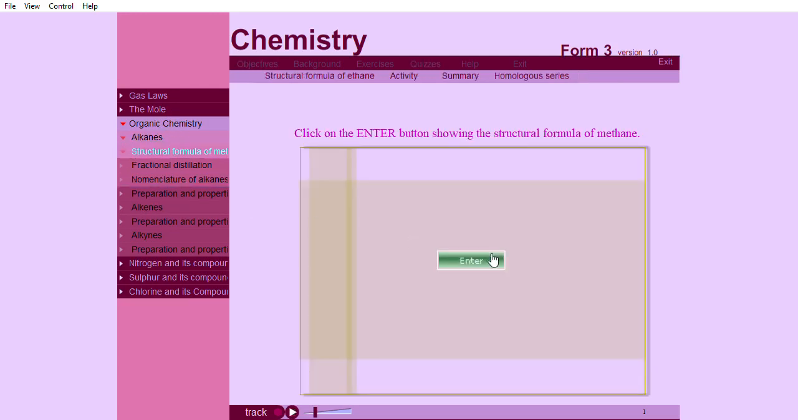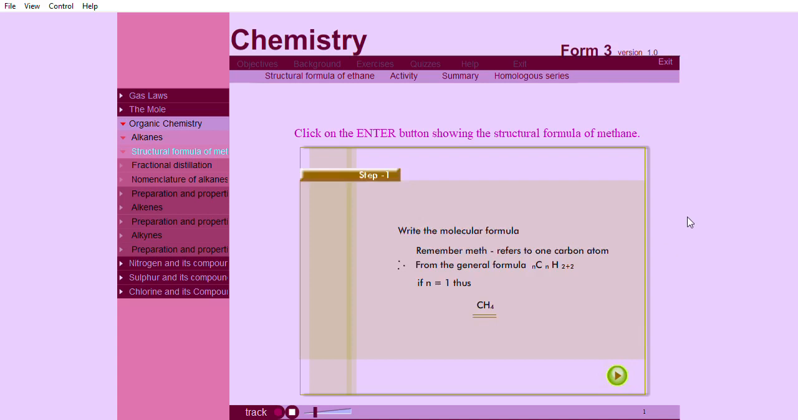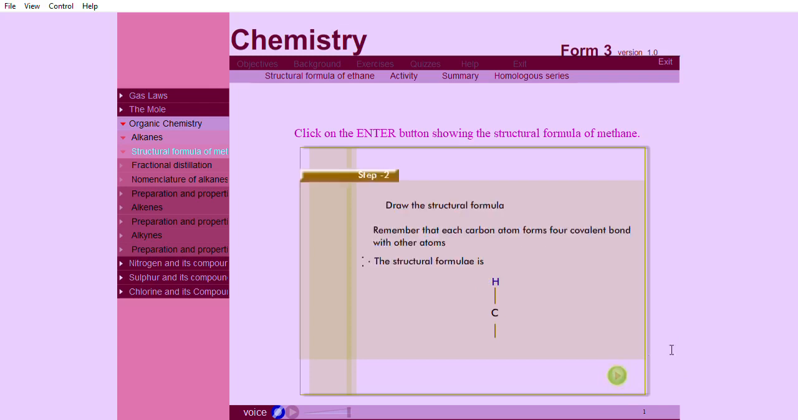Click on the Enter button that shows the structural formula of methane. Our structural formula shows the bonds between atoms. Step 1. Write the molecular formula. Remember, meth refers to one carbon atom. Therefore, from the general formula CnH2n+2, if n is 1, thus CH4. Step 2. Draw the structural formula. Remember that each carbon atom forms 4 covalent bonds with other atoms. Therefore, the structural formula is: